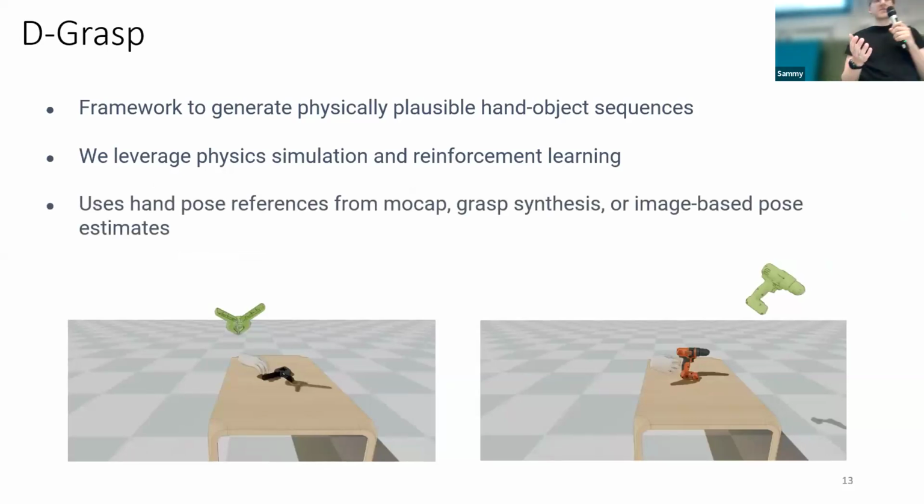While this was a first step, we still needed to assume that we have access to some sort of human supervision. So instead of relying on full video demonstrations, we assume that we have access to a single hand pose in space, which is the point where I grasp an object. For example, if I have this bottle, how do I roughly want to grasp it? Do I want to grasp it from the top or from the bottom?